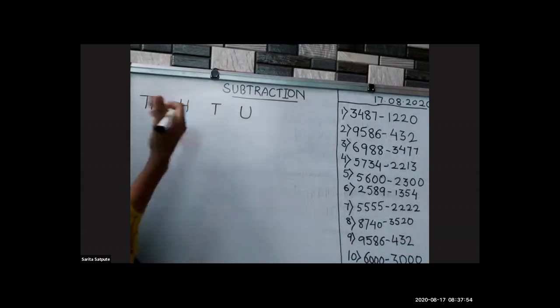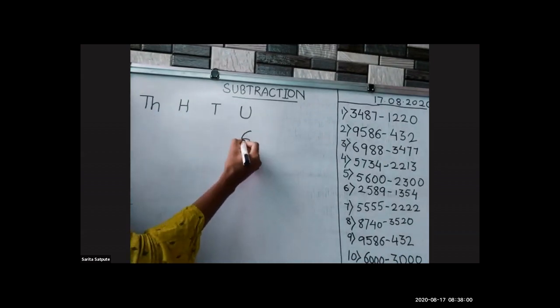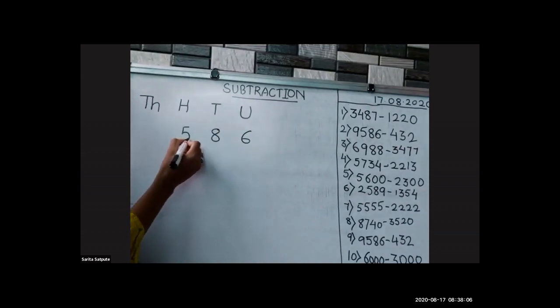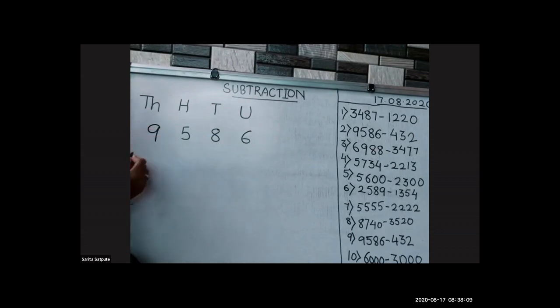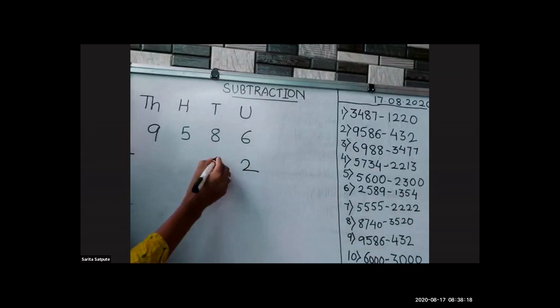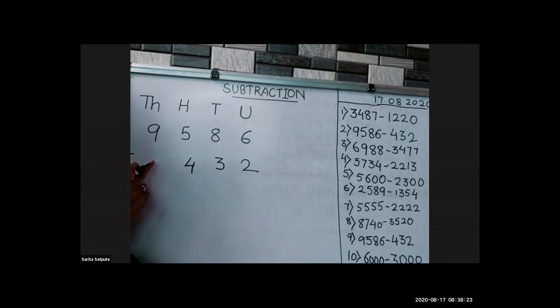Yes, very good. Now, help me write the numbers over here. 6. Yes. 8. Okay, here 5. Very good. And here 9. Now, which sign? Minus. Very good. Now, 2, yes, 3, yes. And 4 here. And what will come here? 0. Nothing will come here because this number is of 3 digits. So the column of 1000 here will be blank only.